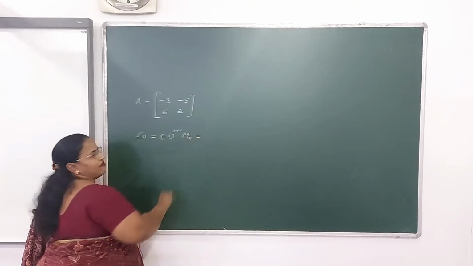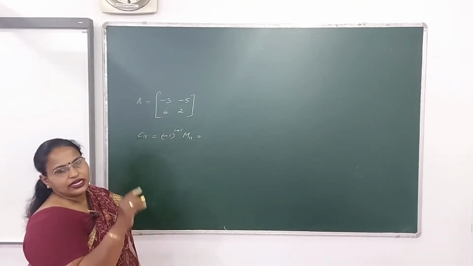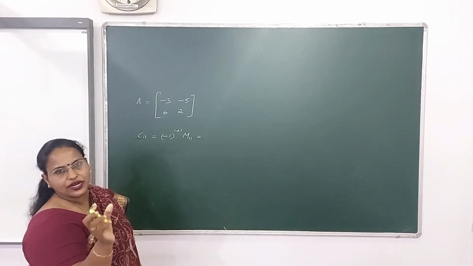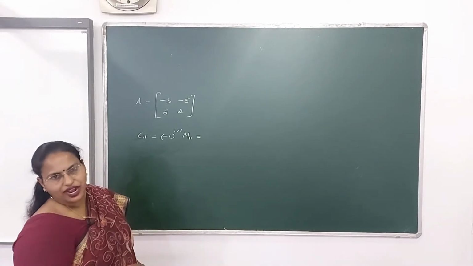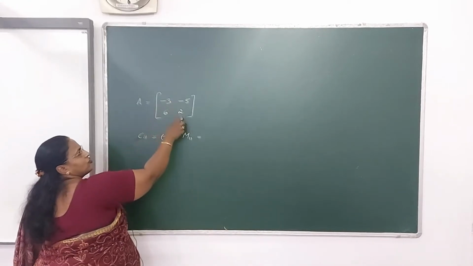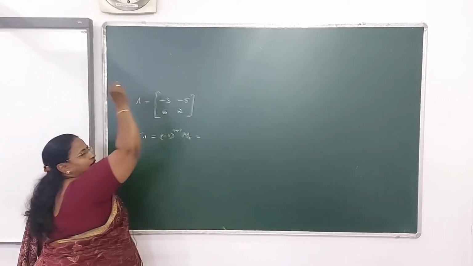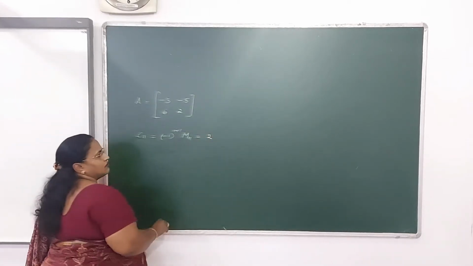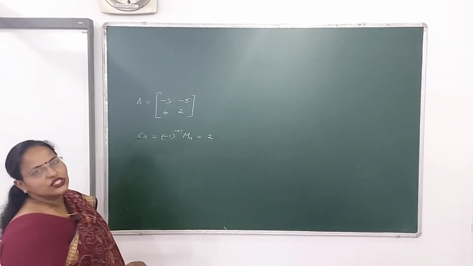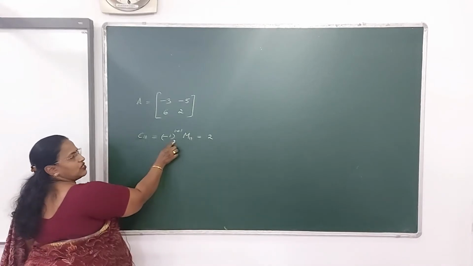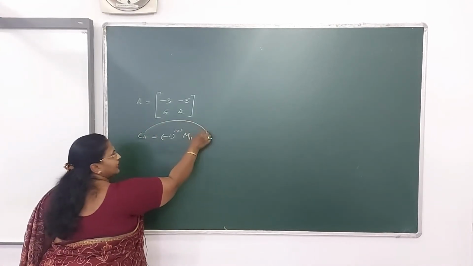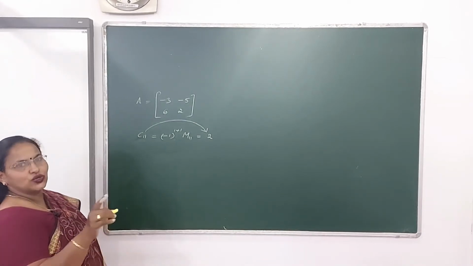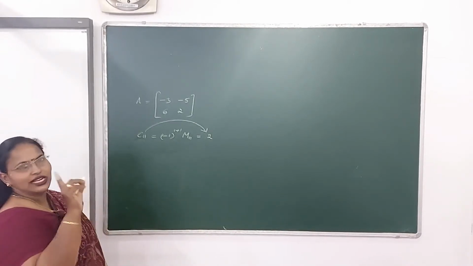Now let us write down M11. What is M11? Delete the row and the column where the element lies, and whatever sub matrix you are getting, get the determinant value of that. So delete the first row and the first column. A single element 2 is left. Get the determinant value of it. It's coming 2. So C11 is 2. See, this step is not at all required. You can do it directly once you are practicing it properly. So let us do the same thing directly now for the next element.